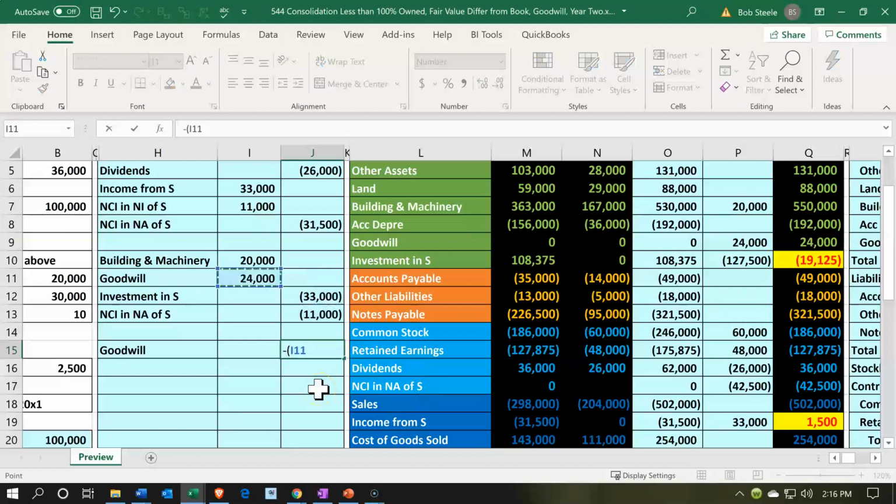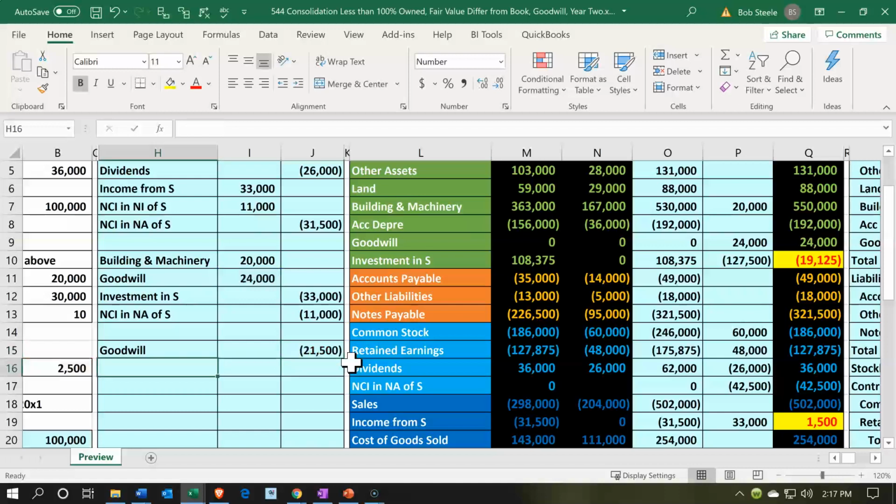Let's pick up this number. If I pick up that number, it'll cause a circular reference when I post it, so I can't pick that one up. But I like to use formulas when I can, so I'm going to pick up the goodwill up there, minus. And why do I like to use formulas? If I go back to this later, formulas are a lot easier to look at and figure out what happened. If you have someone else reviewing it, formulas are a lot easier to look at and figure out what happened. So I'm going to then say there's the